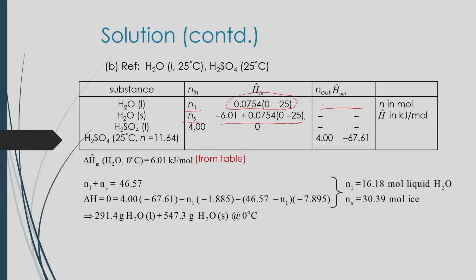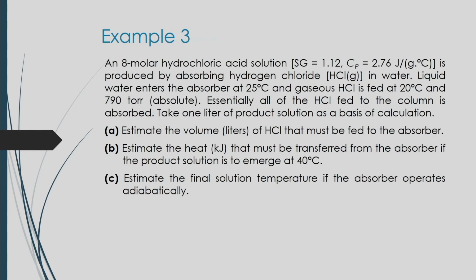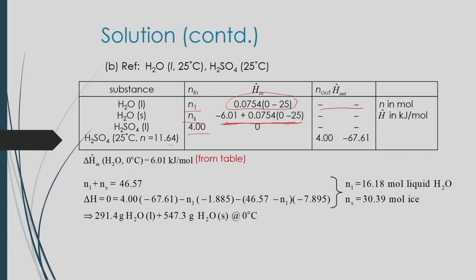And also the enthalpy change for that solid water you can calculate. By this you know the heat of formation, and then what will be the enthalpy of that sulfuric acid because of this temperature change. And then sulfuric acid as a liquid is given to you, that is 4 moles, at 25 degrees Celsius, where as per ratio here it is